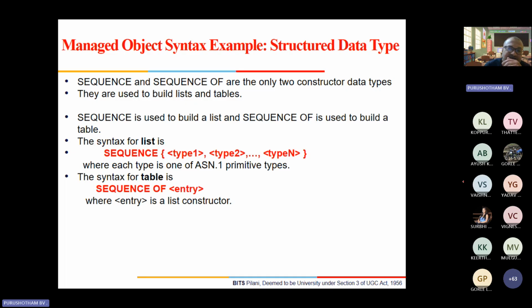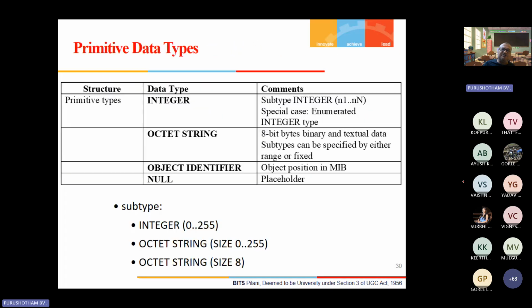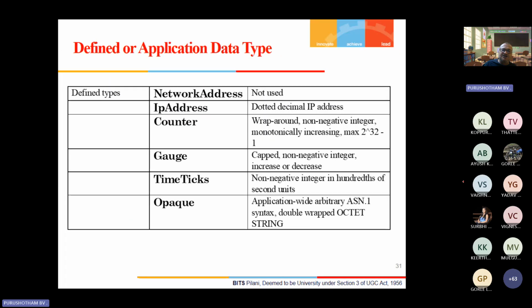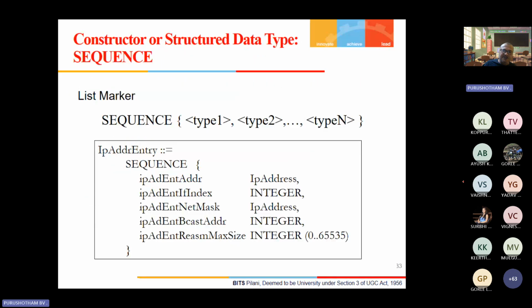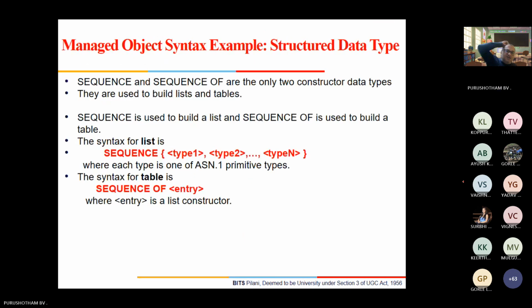The syntax of a list is sequence type 1, type 2, type n. So only one dimension is there, where each type is one of the ASN.1 primitives. What are those ASN.1 primitives? It could be integer, octet string, or anything like that. The syntax of a table is sequence of entry, where entry is a list constructor, meaning it's a table basically.